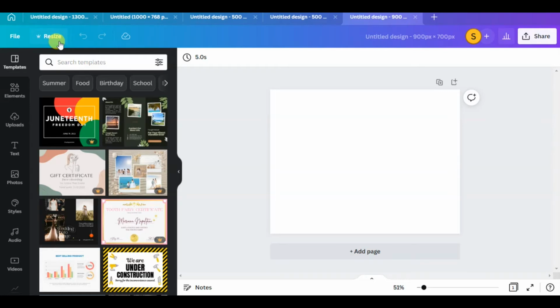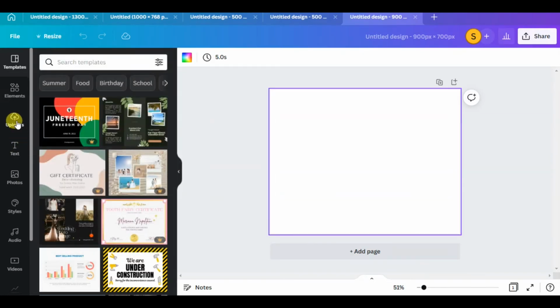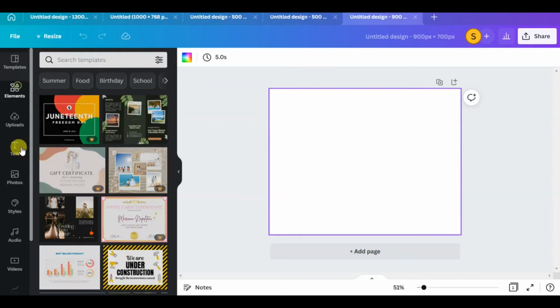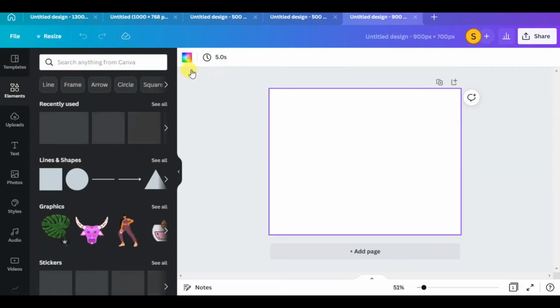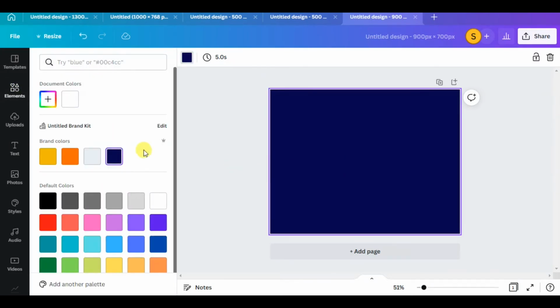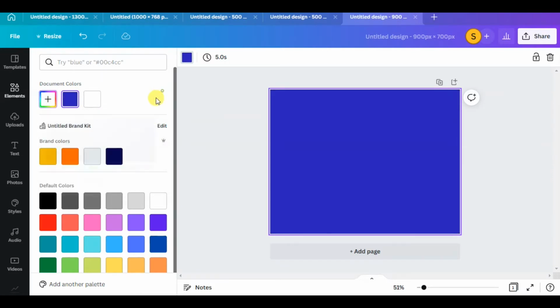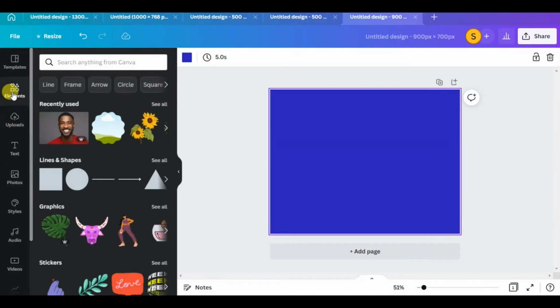Go back to Canva. I've already created the size I used before, that was 900 by 700, which you can see here. Then I'm just going to go to elements. For the background, I'm just going to choose this. I think I'll just use something lighter.